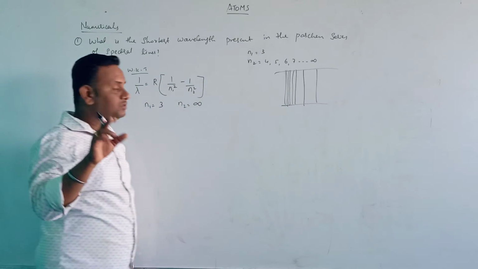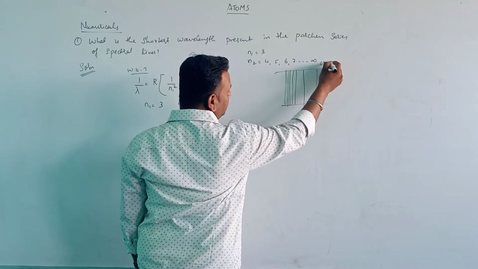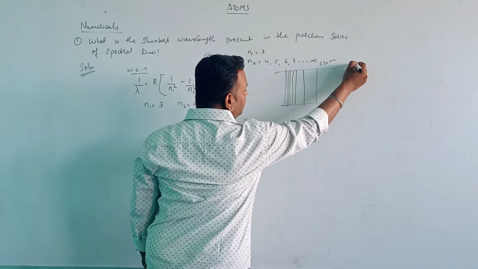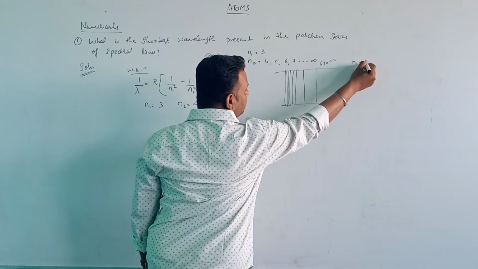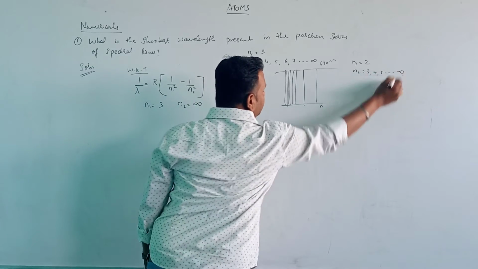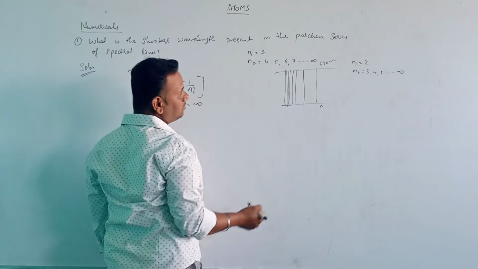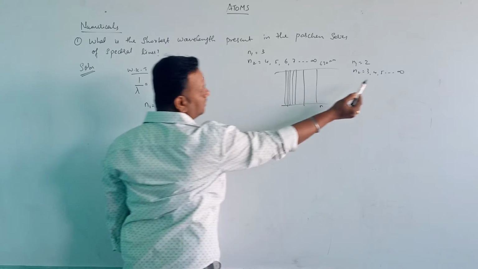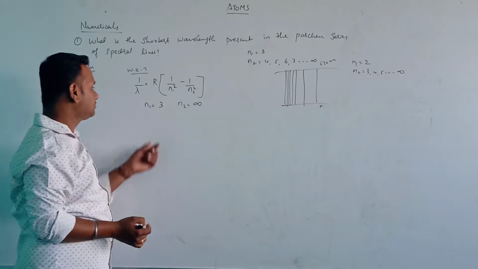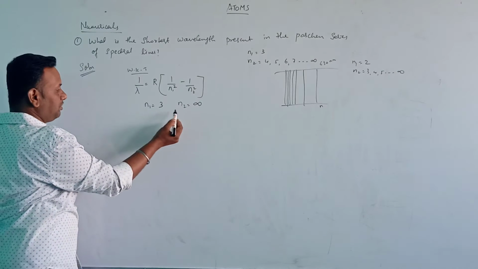Take the example of the Balmer series, having 630 nanometer. For the Balmer series, n1 is equal to 2, n2 is equal to 3, 4, 5 up to infinity. If it were Balmer instead of Paschen, for the shortest wavelength you would take infinity. The same here: the shortest wavelength is asked,